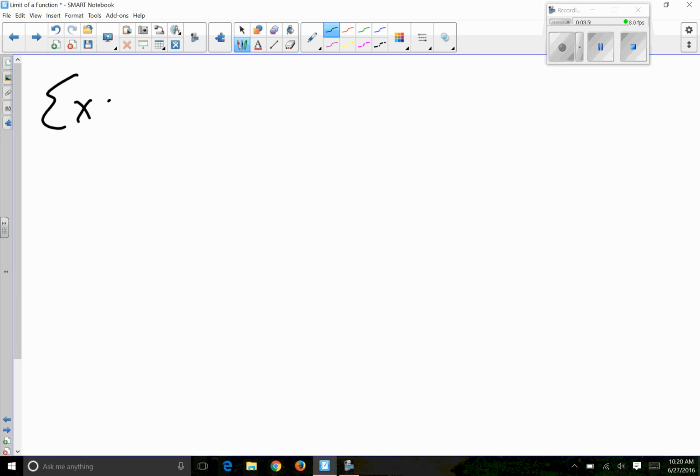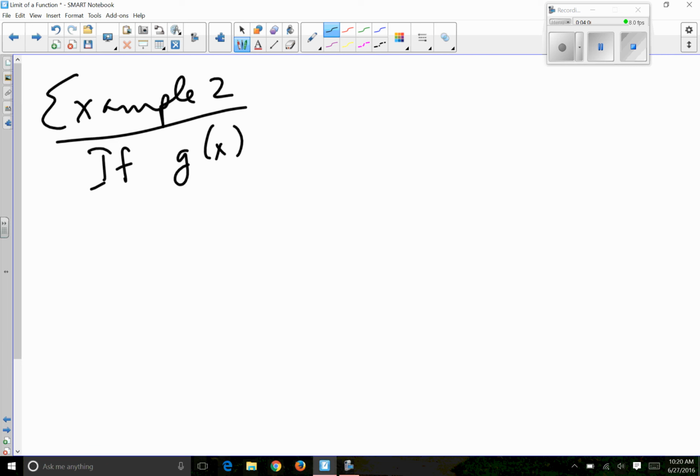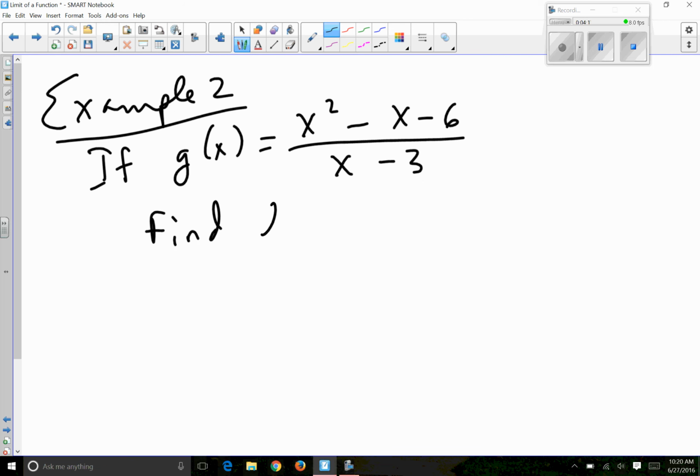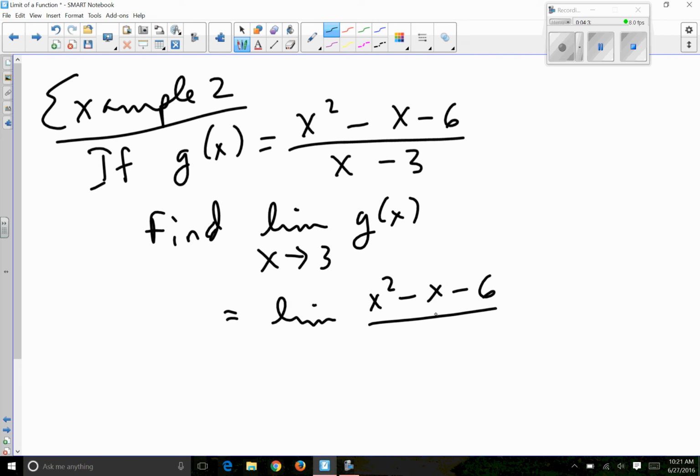Example 2. If g of x equals x squared minus x minus 6 over x minus 3, find the limit of g of x as x approaches 3. And here's how we do it. This is equal to the limit of x squared minus x minus 6 over x minus 3 as x approaches 3,